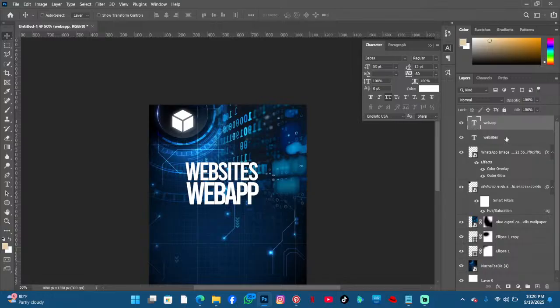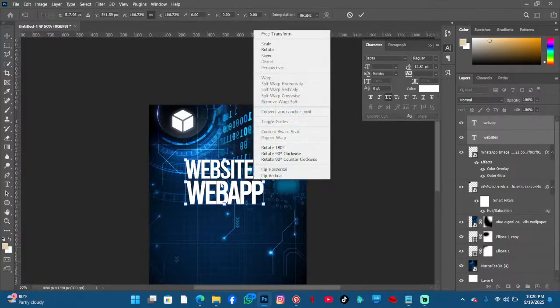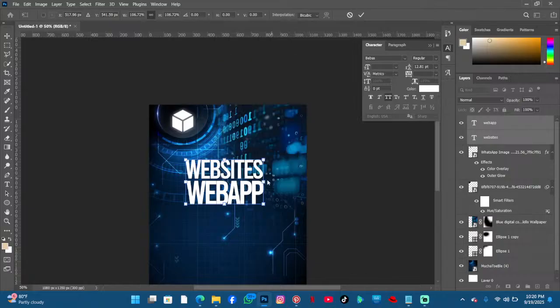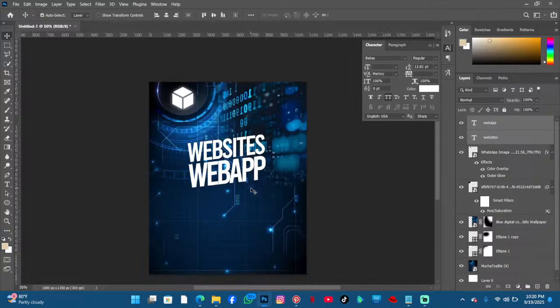So I'm going to hold control and select these two fonts. I want it to be a bit slanty, so I'll right click and go to skew, and I'll hold the middle dot there and drag it up. So I want it to be something like this. So yeah,